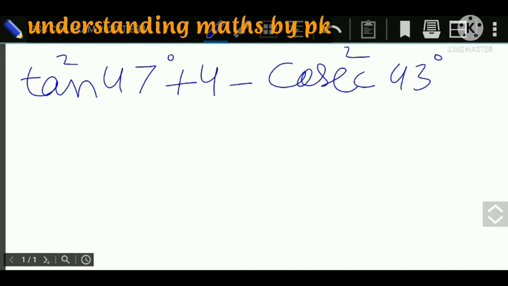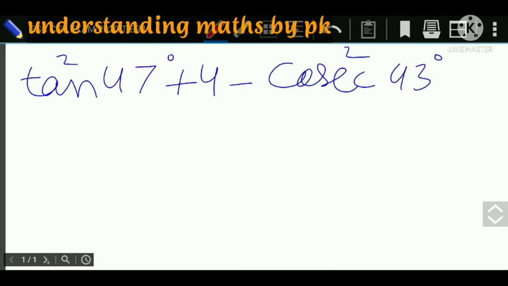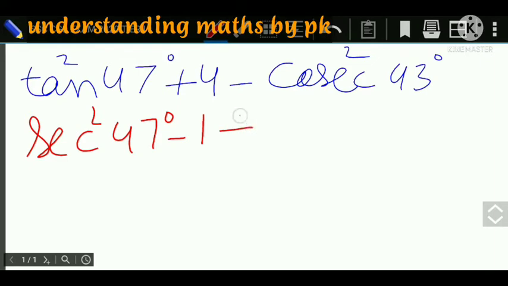So here we are knowing that we can write tan square theta equal to sec square theta minus 1. You can write this sec square 47 degree minus 1 plus 4 minus,